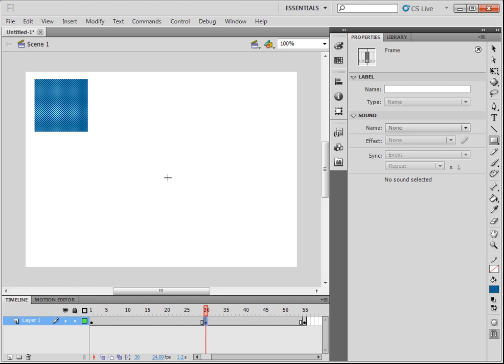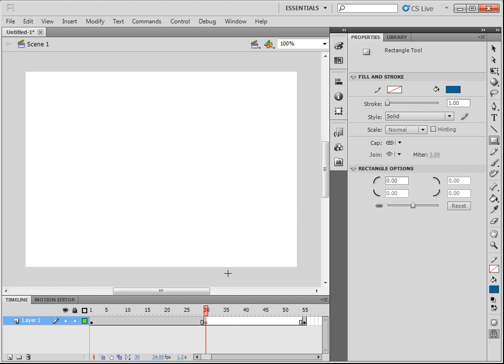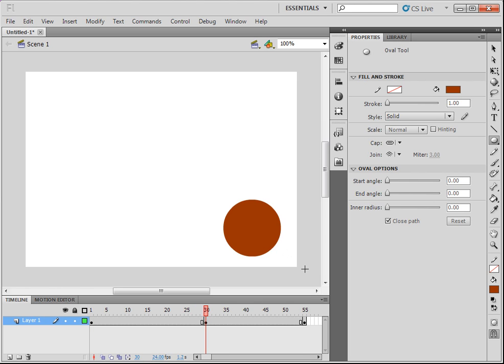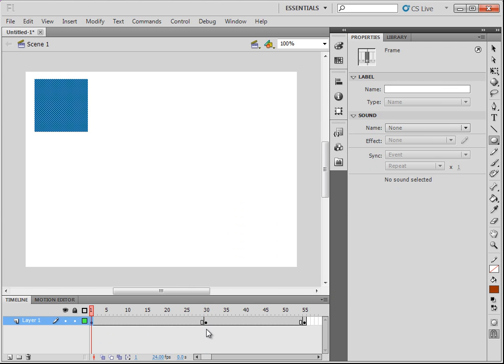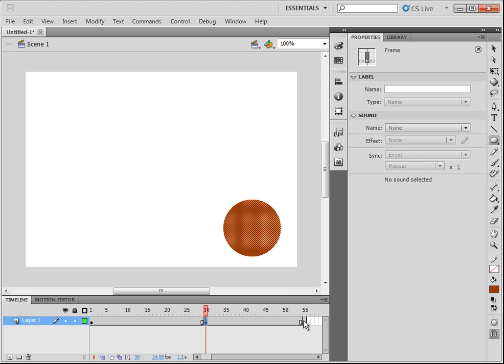So I'll press delete on my keyboard to remove the square on frame 30, and I'll draw a circle on frame 30. I'll go with a red circle like I mentioned, and if I hold down shift and click and drag, I get a perfect circle. So now I have a blue square on frame 1, a red circle on frame 30, a blue square on